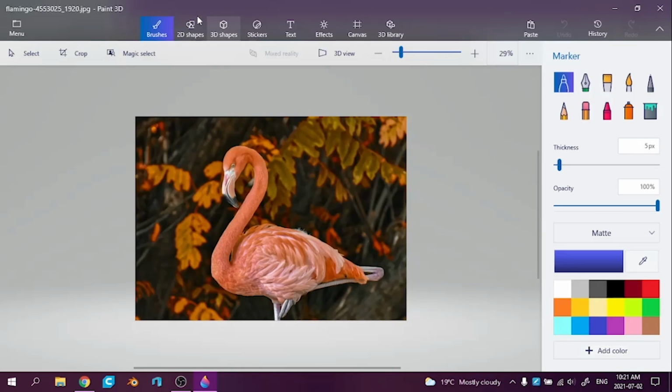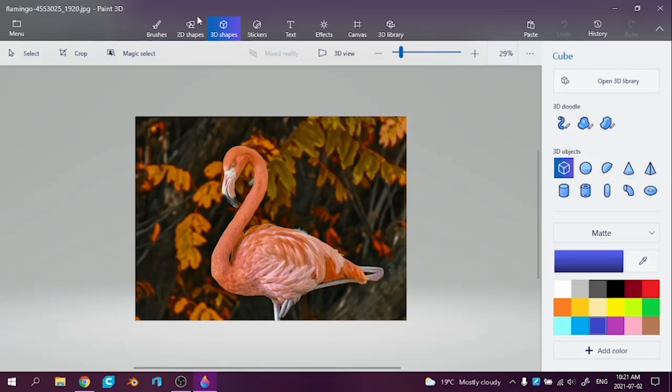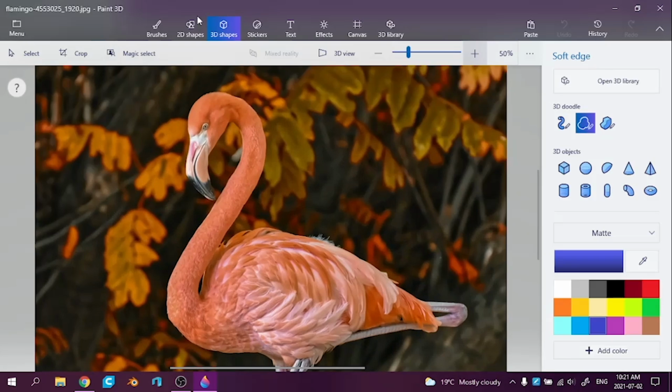So it brings it in, and from there you can go to 3D shapes. And this neat feature I found is the soft edge 3D Doodle, which essentially you can use to trace your picture like I'm doing here,